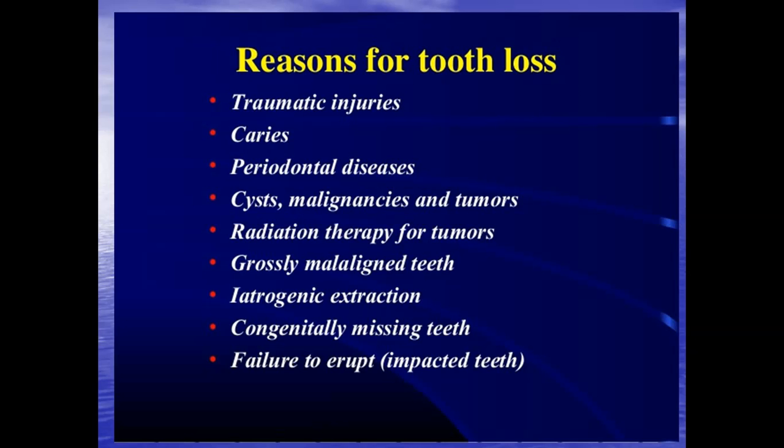Then grossly malaligned teeth are teeth which don't have a chance to erupt in any case. Iatrogenic extraction means the bad work of our colleagues, meaning extraction of a good, healthy, vital teeth. Not nice, but happens rarely, but happens. Congenitally missing teeth,